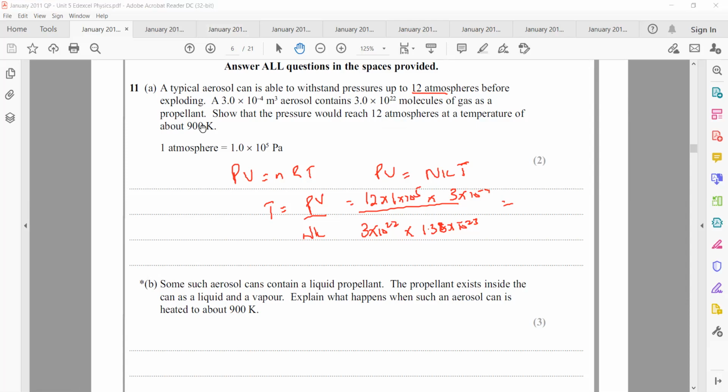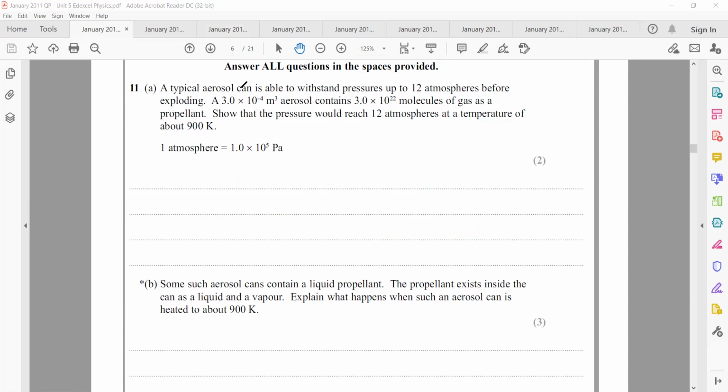But it should be around 900 Kelvin. So yeah, 870. So that's equal to 870 Kelvin. Then in the next part,